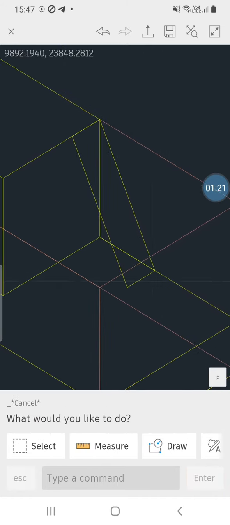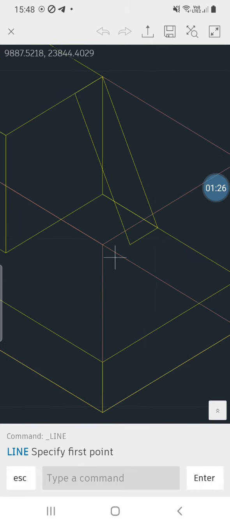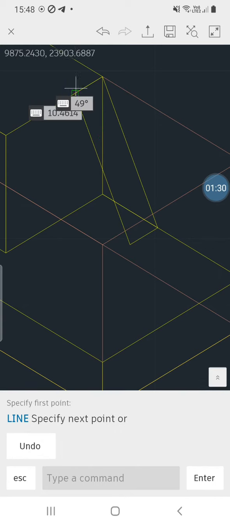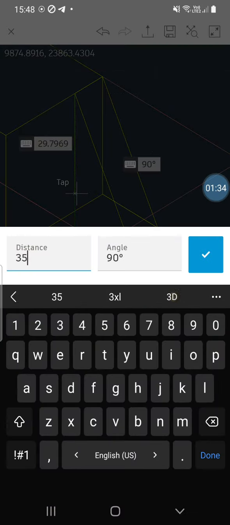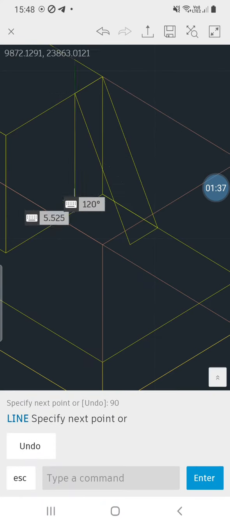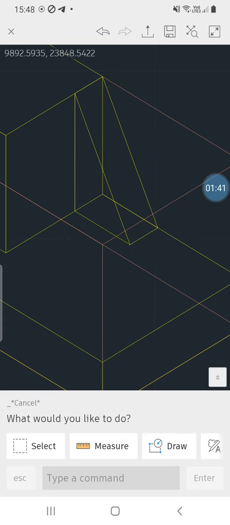In the meantime we'll require the edges over here, horizontal and vertical. So we once again go to the line command and draw the vertical line over here, which has a length of 35 mm. So you can edit the length to 35 mm. Similar way we'll have to draw the horizontal line up to this corner point. So draw that and escape.